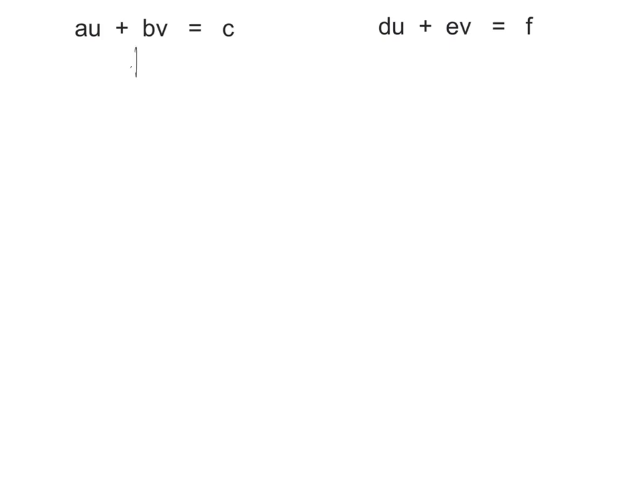I manipulate this first equation and I solve for u, and with a little bit of algebra, you should be able to convince yourself that u is equal to (c minus bv) over a. Okay, so that's u expressed in terms of v. Now what I'm going to do is hop on over to this second equation here and take this expression for u and plug it right in there. So when I do that, this second equation is now going to become d times u, but u is (c minus bv) over a, plus ev